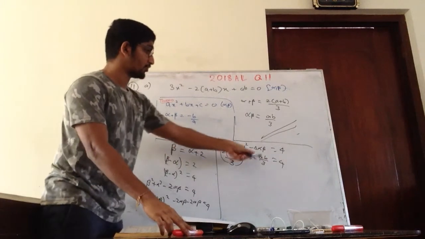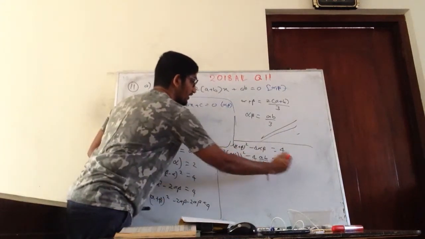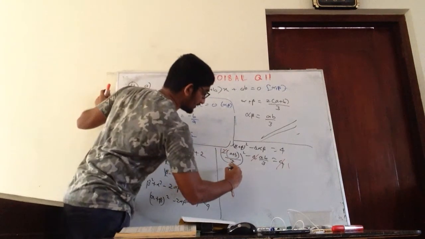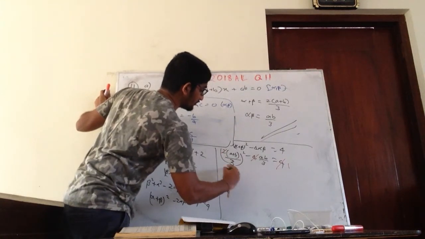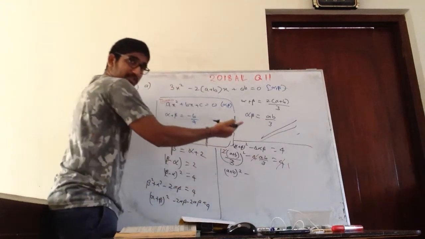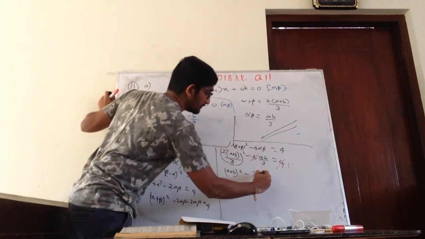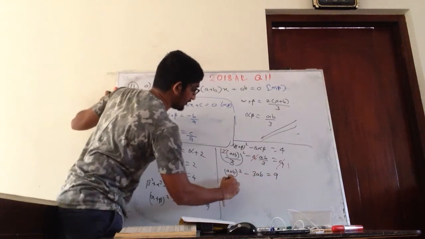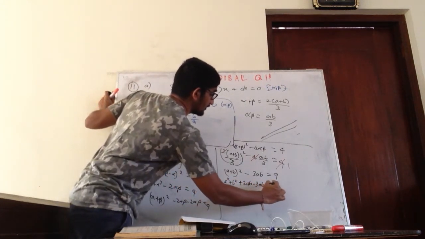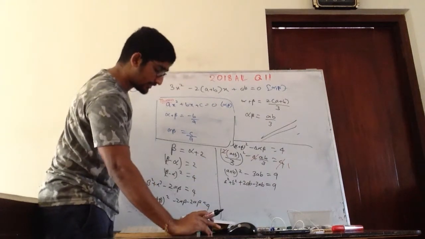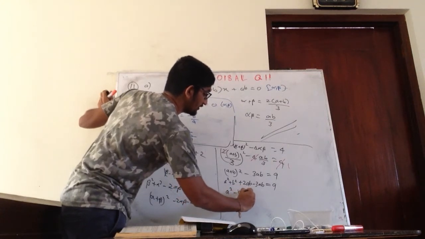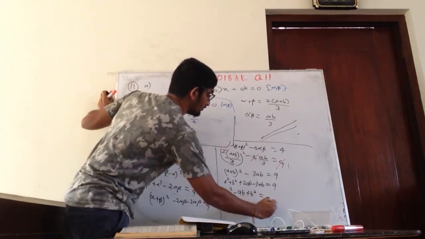So now there's 4 here, 4 here, 4 here. I'm going to cut all the 4. I get 1 here. Then I'll get (a plus b) squared over 9, minus 3ab over 9, equals 1. Then I'm going to multiply the whole thing by 9. So I'll get a squared plus b squared plus 2ab minus 3ab equals 9. So is that the answer we want? Yes. So I will get a squared minus ab plus b squared equals 9.